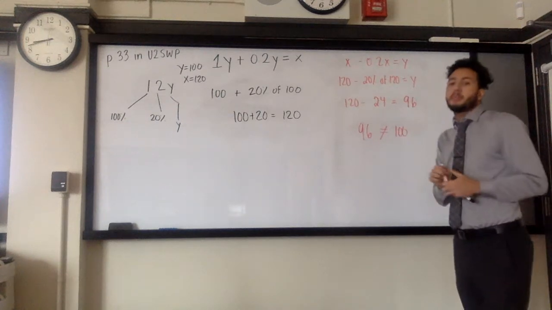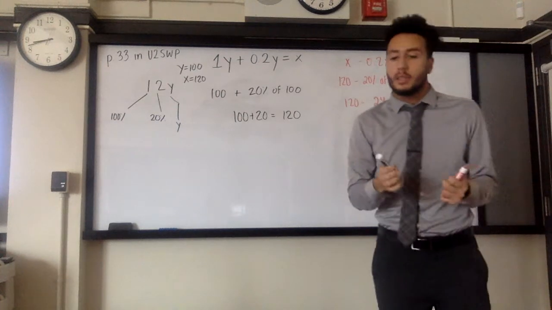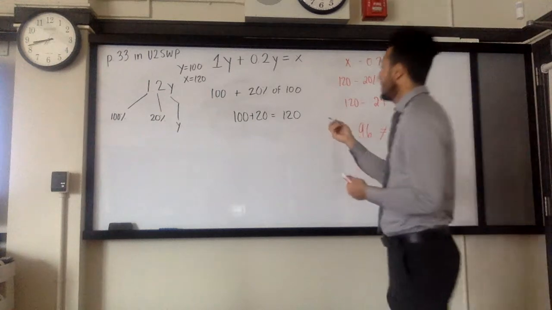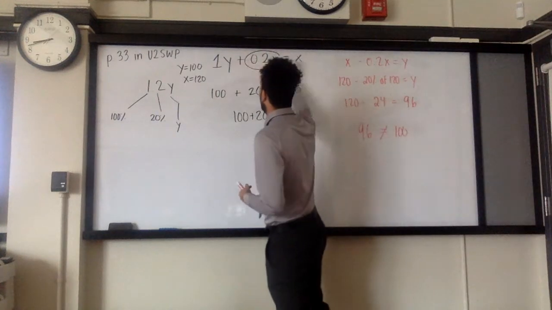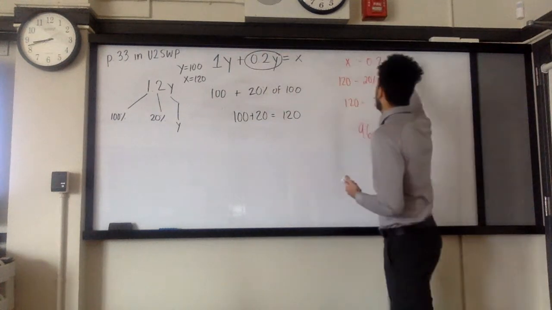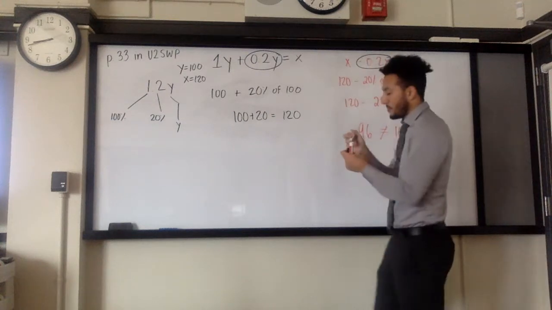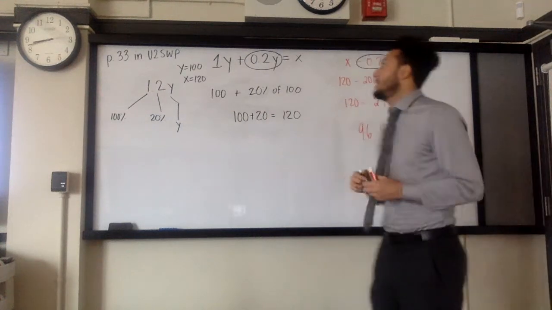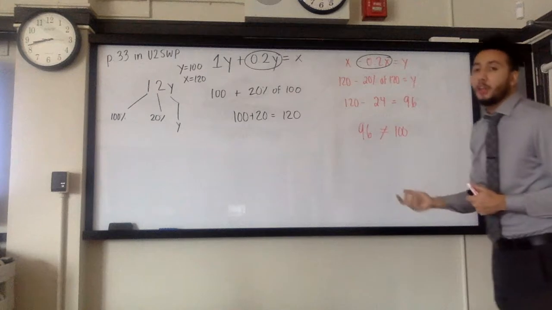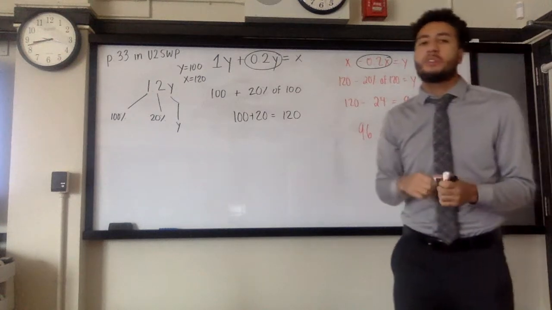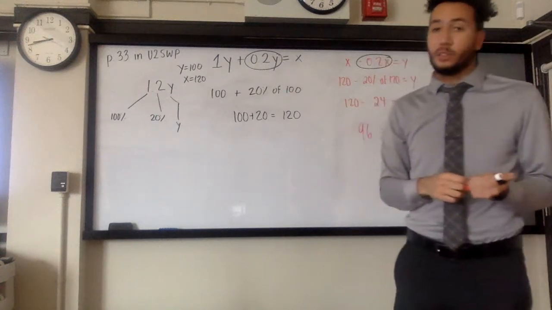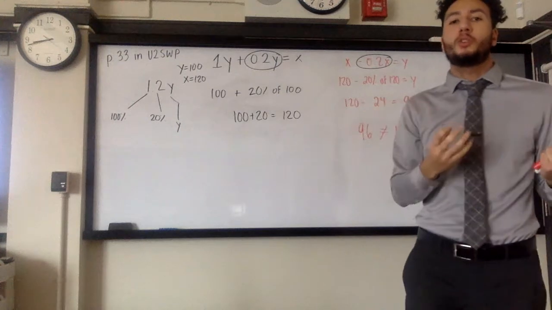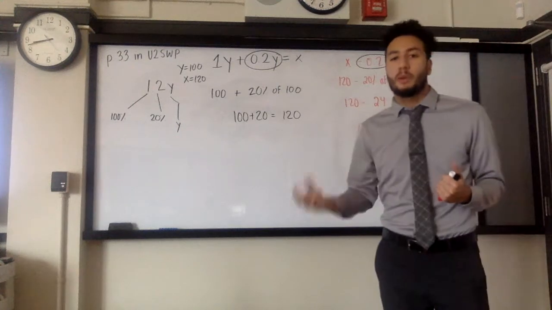The reason why this mistake or this misconception occurs is because we are assuming that the 20% of y is equivalent to the 20% of x. That is not the case. As you can see in this situation, y was 100, x is 120, and when we solved, they would not get me the same answer. Because they are changing wholes, the percentages associated with those wholes are not